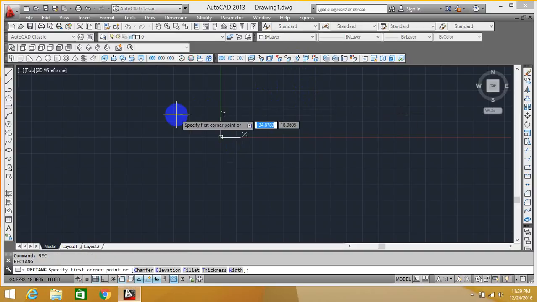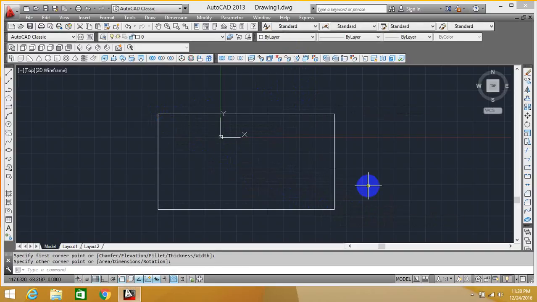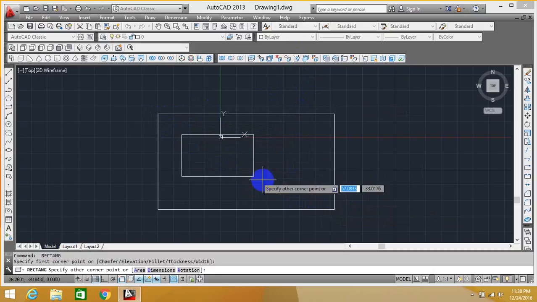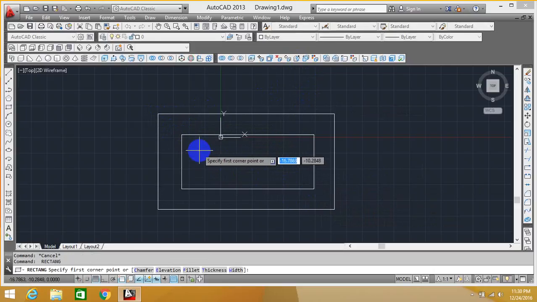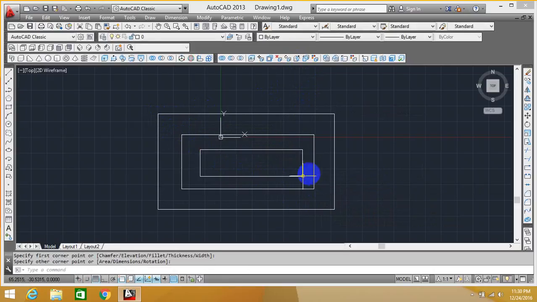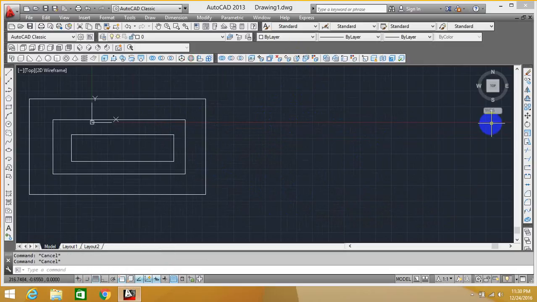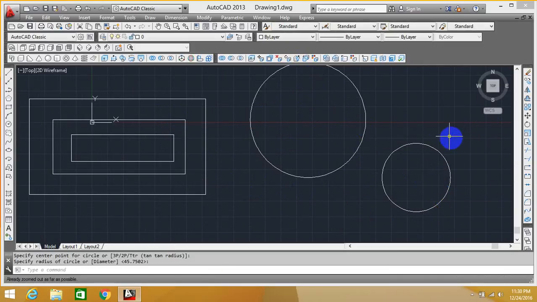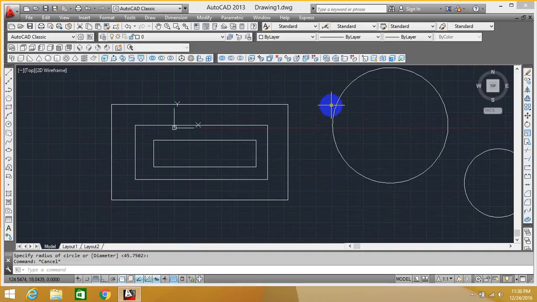How can we use a hatching and gradient in AutoCAD? Basically I'm going to draw some structure like this, and then we have the circles over here. Okay, so here we have